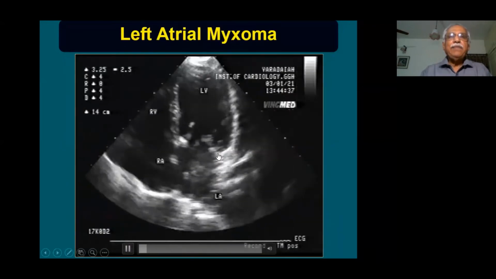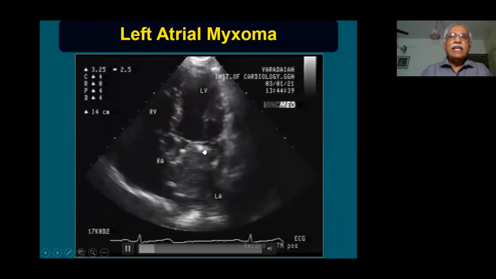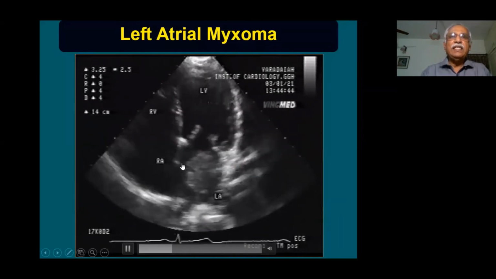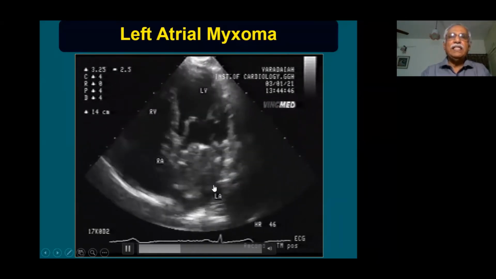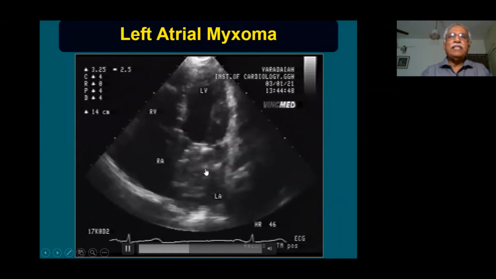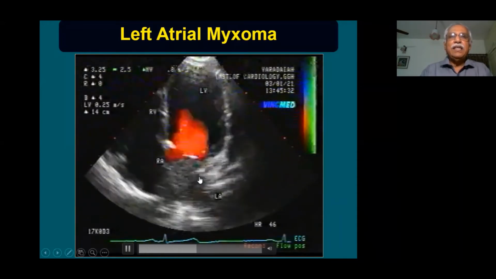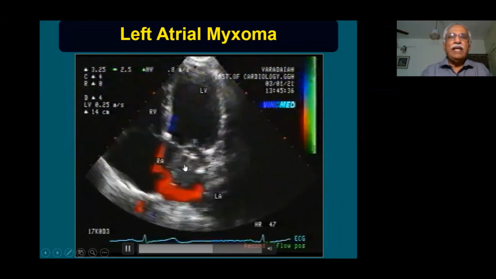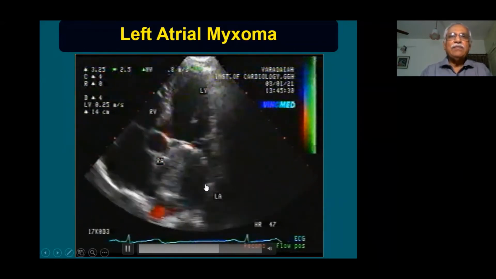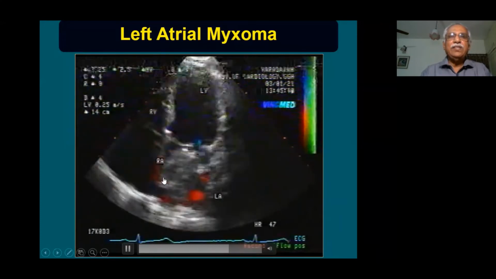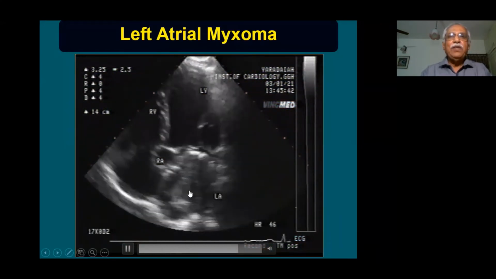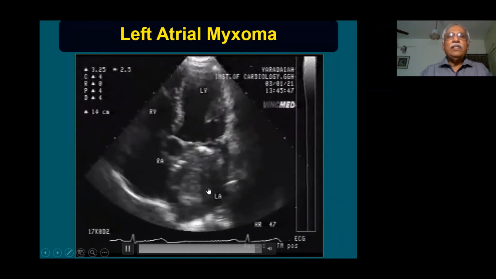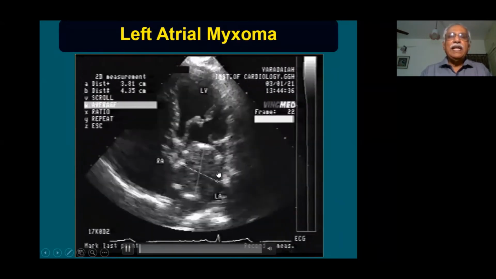And this is another patient with myxoma. There is calcification of the myxoma around the peripheries. You can see spots of calcification around the periphery. The central portion is thin. This mass is more solid than the first case which you saw, which was cauliflower-like. So this mass is a solid tumor which is again attached to the interatrial septum, and the peripheral portion is calcified. So left atrial myxoma can get calcified.